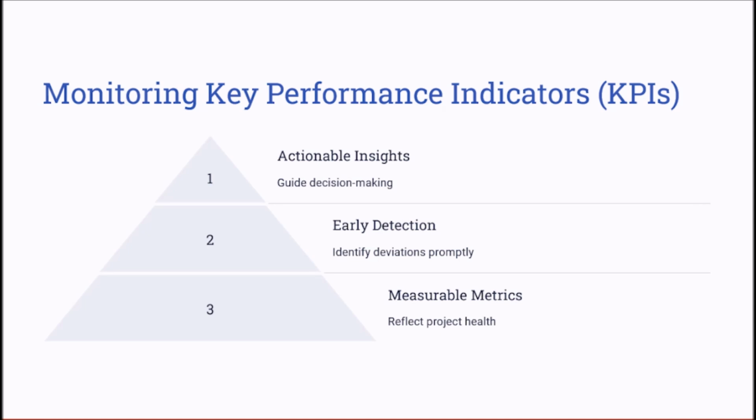Remember that these actionable KPIs help the project manager in the decision-making process. For example, tracking the schedule variance in a manufacturing project can highlight delays and enable the project manager to reallocate the resources or adjust the timelines. Similarly, monitoring the cost performance indicator, or the CPI, or the schedule performance indicator, which is the SPI, which we are going to cover in the EVM formula section, can help the project manager address budget overruns or schedule overruns or delays.